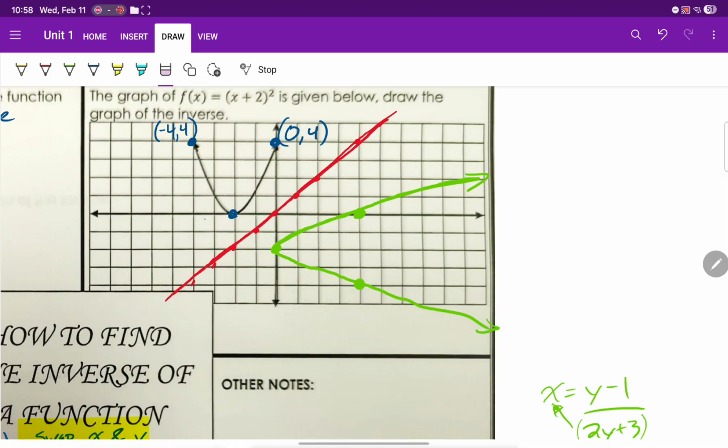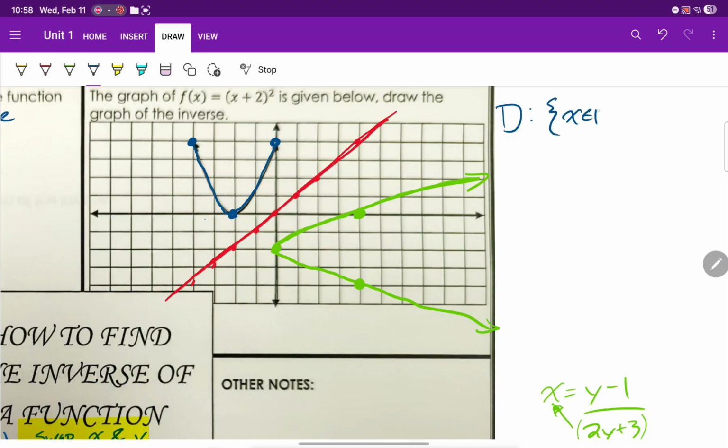Okay. Think about this. What is our domain and range of each function here? What is our domain and range of the blue function, the blue parabola? And what is our domain and range of the green parabola? So I'm going to first do our domain and range over here. So our domain of the blue parabola is